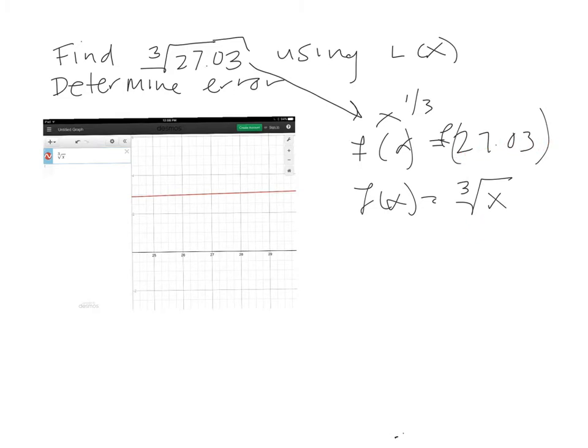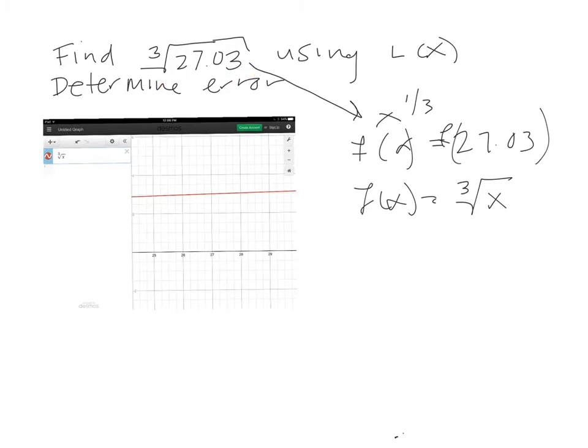But the first step, after we recognize the root function, is where are we going to center it? And we want to center it thoughtfully. Where can I center this linearization that would make this easier, not harder? Because if I have to break out a calculator, that kind of defeats the purpose of linearization. Linearization is supposed to make a nasty function better. So I think about it, and I think,